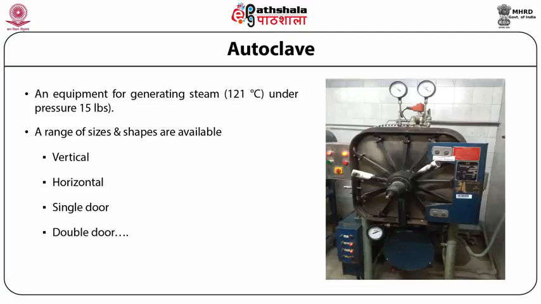However, we use the same autoclave for sterilizing the gowns which the clean area operators wear, the instruments which are used in the clean area periodically, as well as the contaminated cultures. And for that, the duration of autoclaving may go up to 1 hour. Your dry cycle is 1 hour, contaminated culture cycle is 1 hour. But as I said earlier, in most cases, when media is being sterilized, your cycle is 15 to 25 minutes.